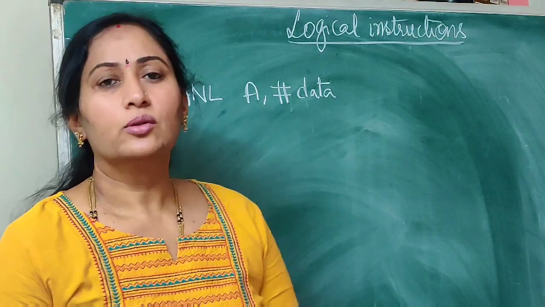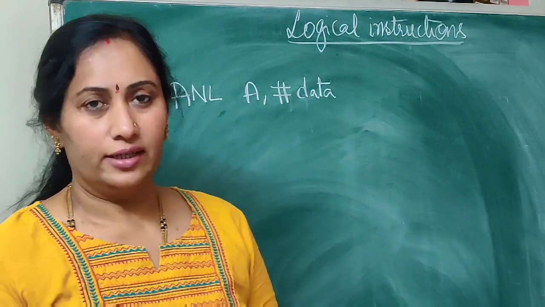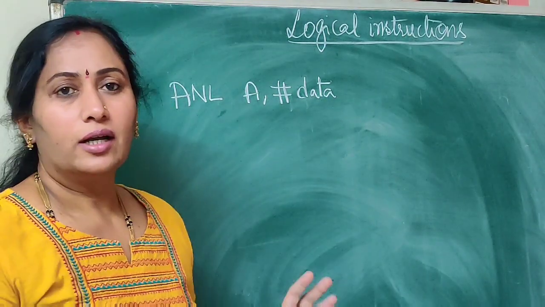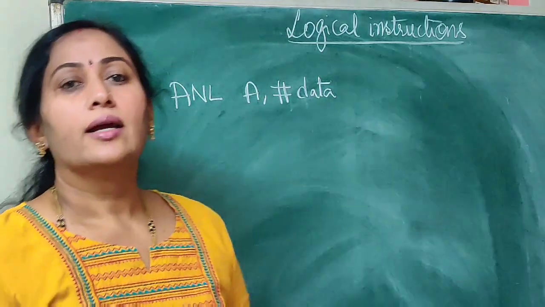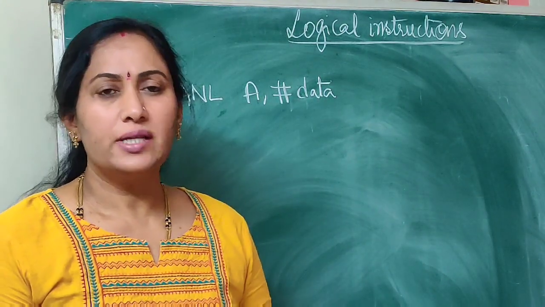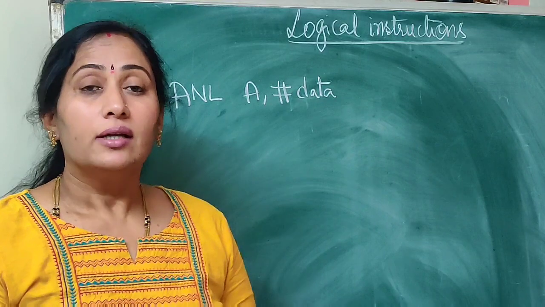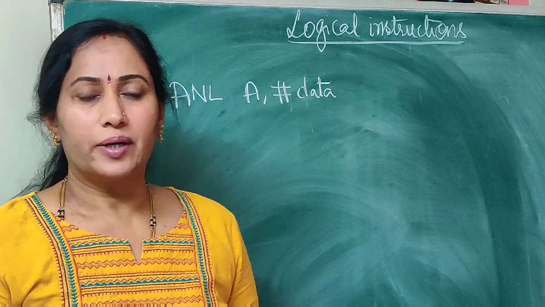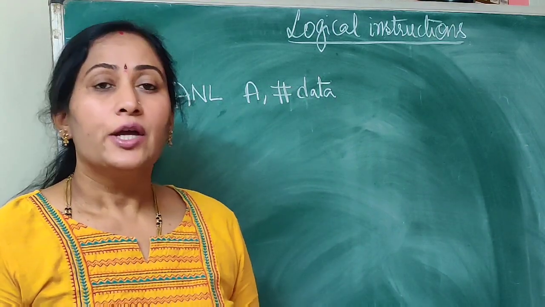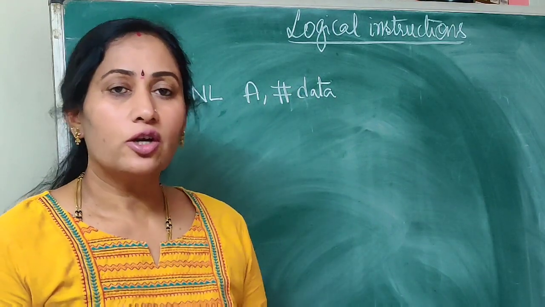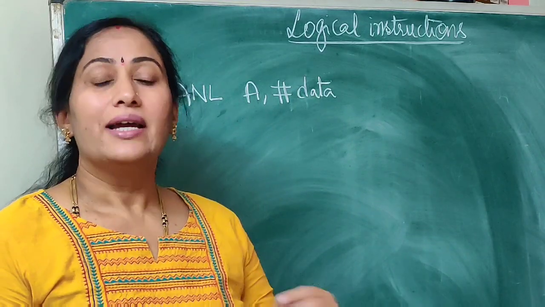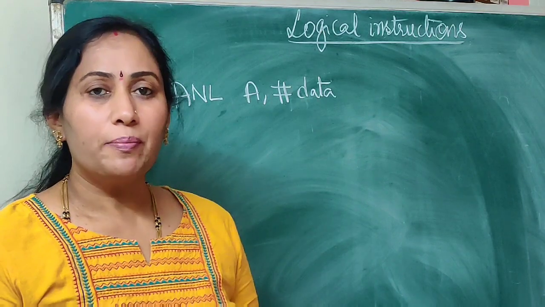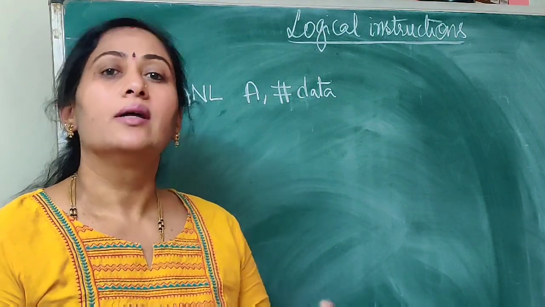Hello, I'm going to deal today with the logical instructions of 8051, wherein in these logical instructions you are going to see the byte level operations. That means whatever the logical operation, maybe the AND operation, OR operation, XOR operation, the clear operation or the complement operation, you are going to have the operation on the byte. That means on the whole 8-bit data, the source and the destination data will be made to perform the logical operations.